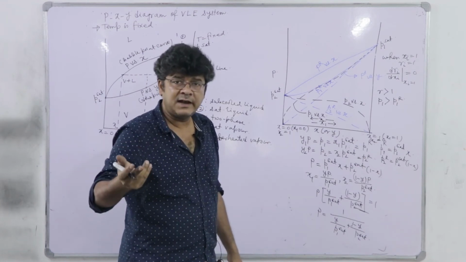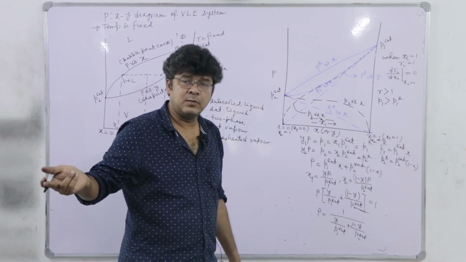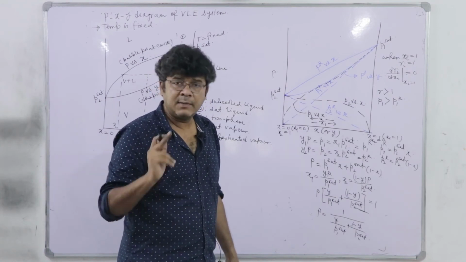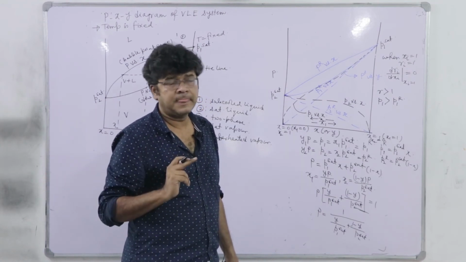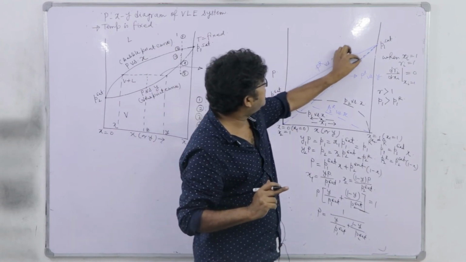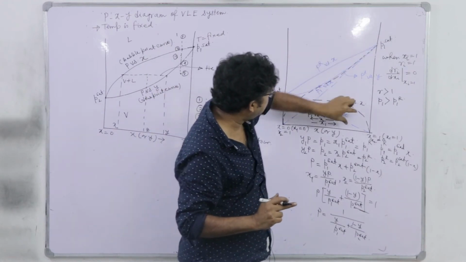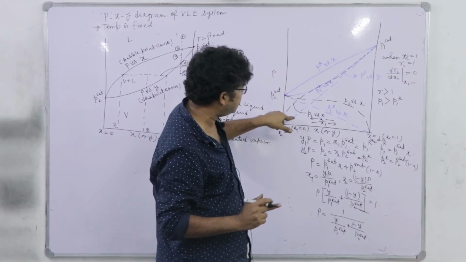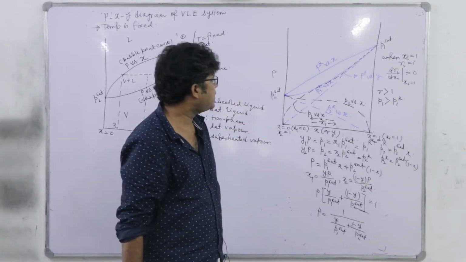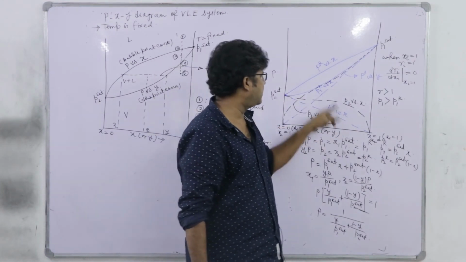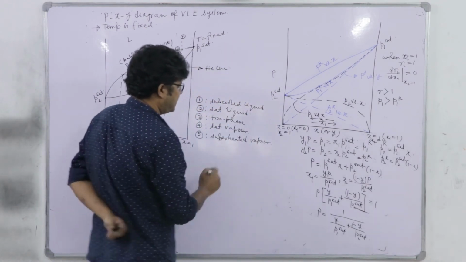However, when x1 tends to 1, gamma 1 is also tending to 1 and moreover d gamma 1 dx1 tends to 0. So, it will be merging slowly with the ideal curve for x1 and similarly for x2, because x2 is in this direction. So, this is the positive deviation from Raoult's law, and if I have positive deviation, you see,